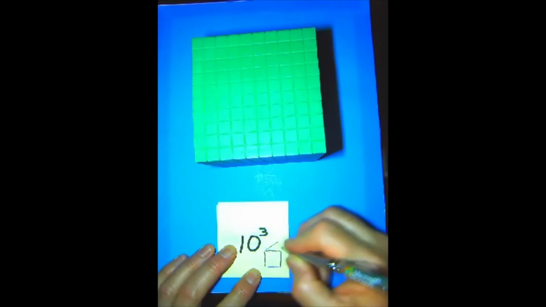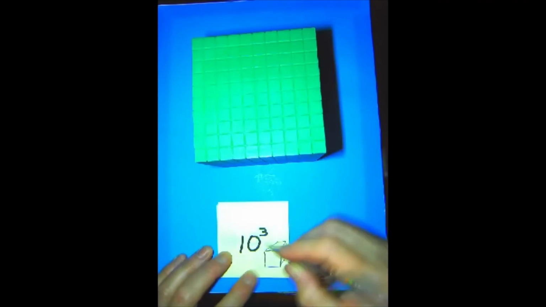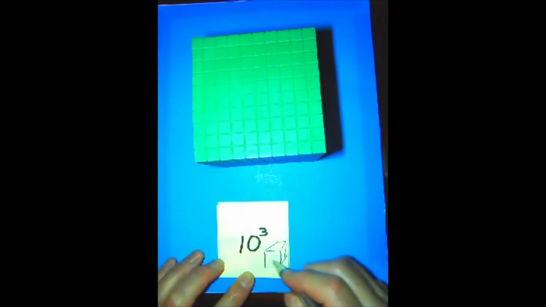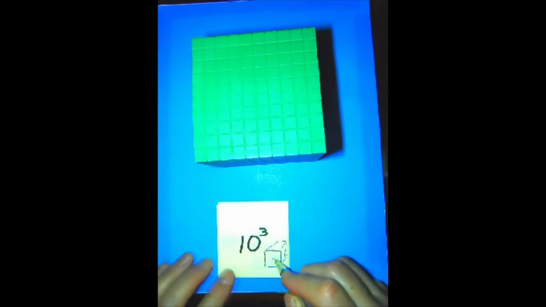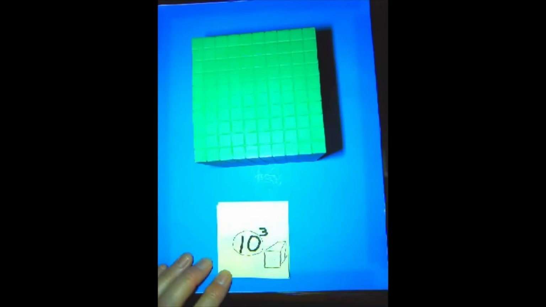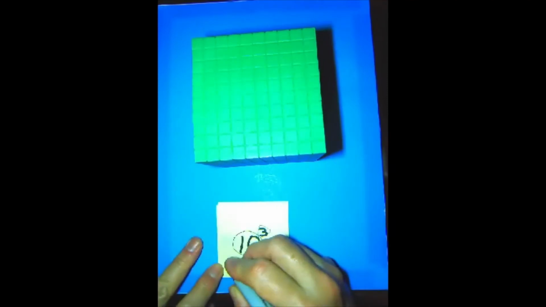I will bet that some of you will remember another name for 10 to the third power is 10 cubed. I believe we can see why at this point. So let's review. This is our base, the how we do it. This is the number of times we have sung the song. What is the place value? Well, the place value is 1 followed by